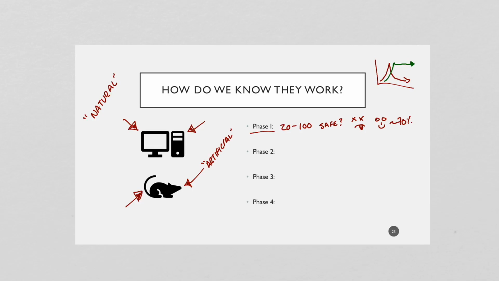Phase 2 takes a few months to a couple of years, and here we're talking about a couple of hundred patients, or 300, 400 patients. So we're talking about hundreds of patients. And I don't mean to say patients, I mean to say volunteers. These are randomized trials where one group gets the drug and another one gets a control or a placebo. So this is an actual randomized clinical trial, and again, one group will get the vaccine, and the other group will get a control.